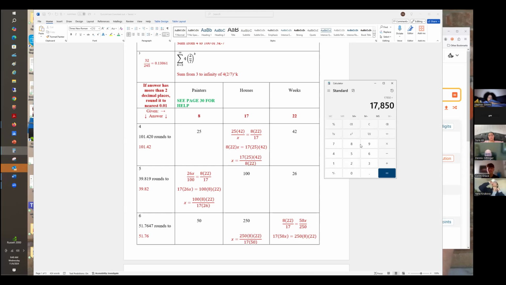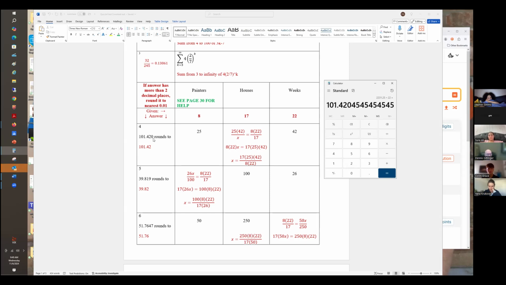Divided by, now you can divide it by whatever 8 times 22 is, or you can just divide it by 8 and then divide it by 22. And you get 101.42 because 101, now rounding off is still an issue with most people. They just either get lucky and get it right. It says right here, if answer has more than 2 decimal places, round it to the nearest 0.01. That means 2 decimal places. That means that's where the 2 is. So I wrote this because you need the next digit out, and the 0 is not big enough to bump it up to